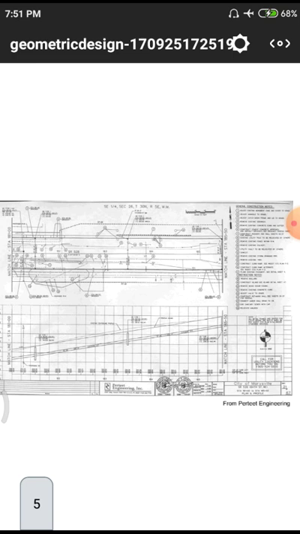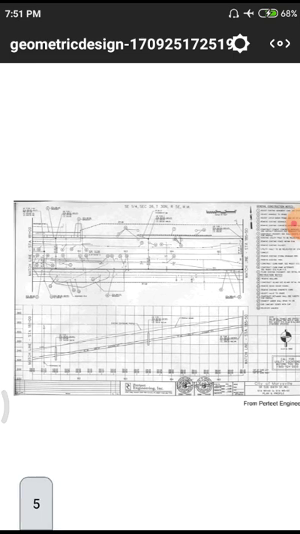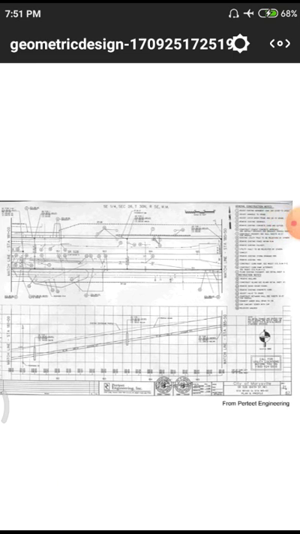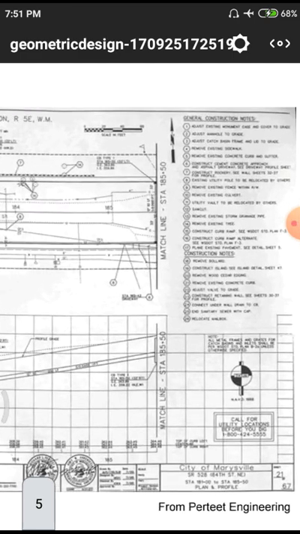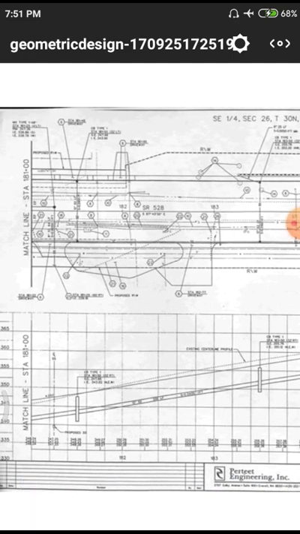This is the cross section. Already in the previous classes also we have observed these horizontal alignments and vertical alignments, but this road completely belongs to a vertical alignment. Whenever we are drawing particular diagrams, we have to show in what direction the road is aligned. That means the road is normally in what direction we are having. We have to observe what is the end point and what is the starting point. All those things we have to show in a particular drawing.